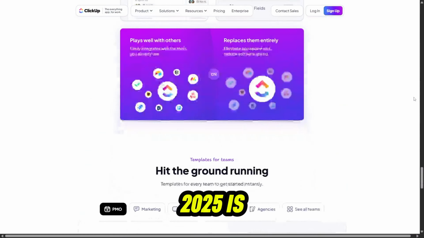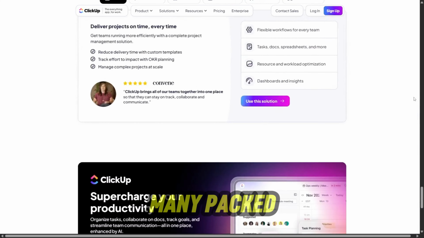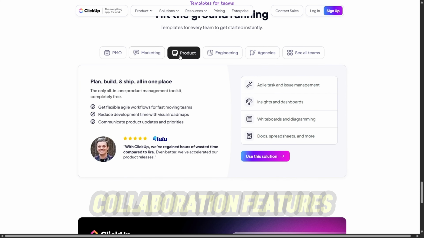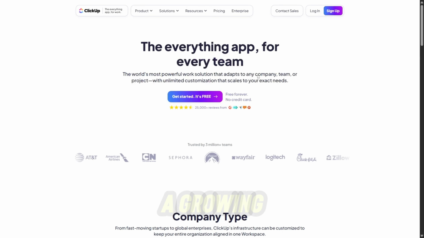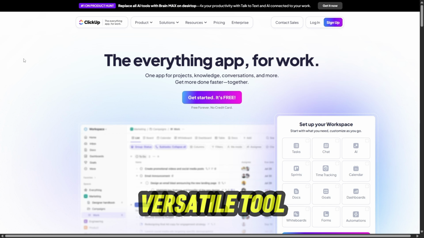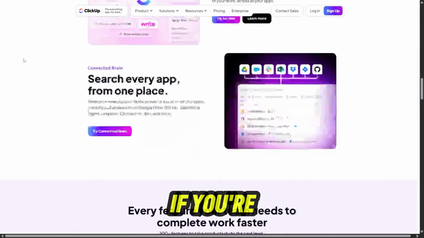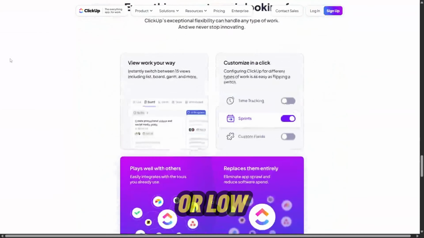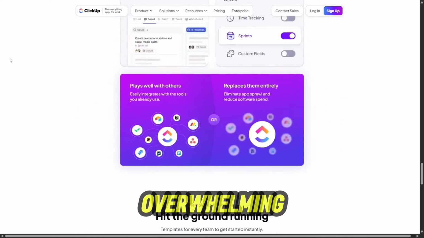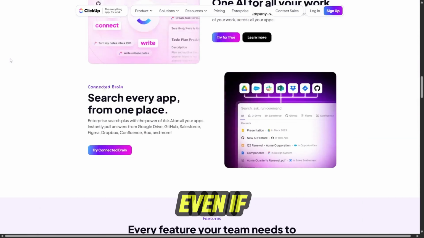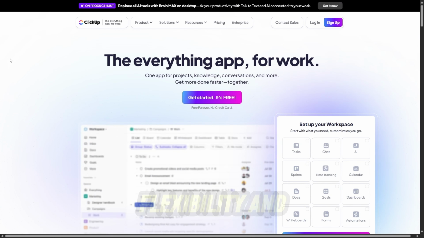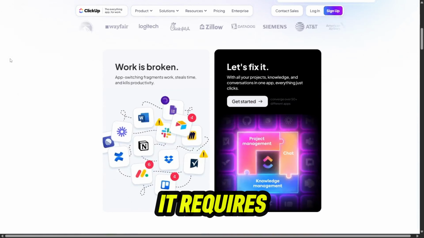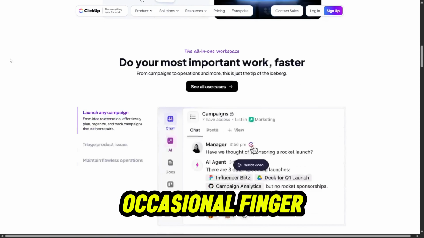ClickUp 2025 is a powerhouse, one tool to replace many, packed with custom views, automation, and collaboration features. If you're managing multiple projects, evolving workflows, or leading a growing team, it's probably the most versatile tool out there right now. However, if you're looking for simplicity, minimal setup, or lo-fi focus, ClickUp might feel overwhelming. You pay with time and complexity, even if you'll save on app subscriptions. Here's what I've learned. ClickUp delivers incredible flexibility and depth, but harnessing it requires structure, patience, and occasional frustration at